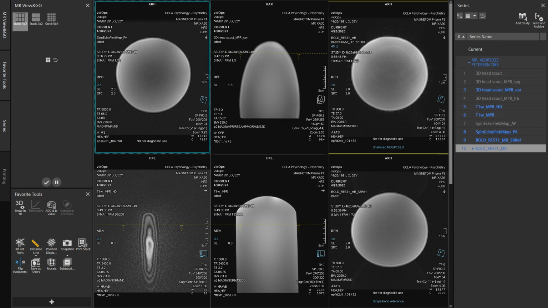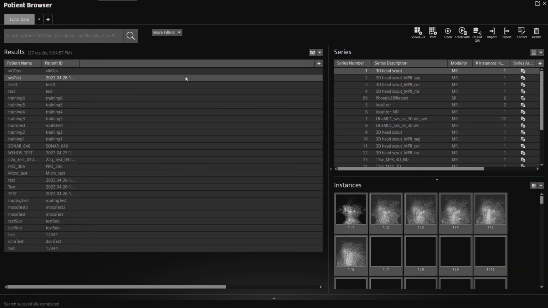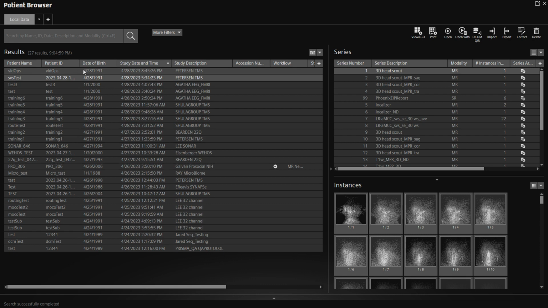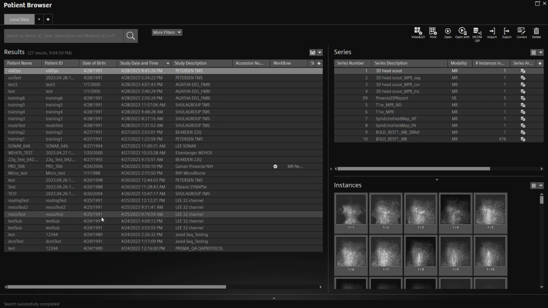Okay, so now let's move to the patient browser as well, right? The patient browser is the icon at the top that we talked about in the last video. Our application specialist said that it looked like a little person being hit with a tennis racket, which I found to be funny. So we click on the patient browser, and here we have the new version of the patient browser. Here we have a list of participants from oldest at the bottom to newest at the top. So here we have our VidOps participant with our study